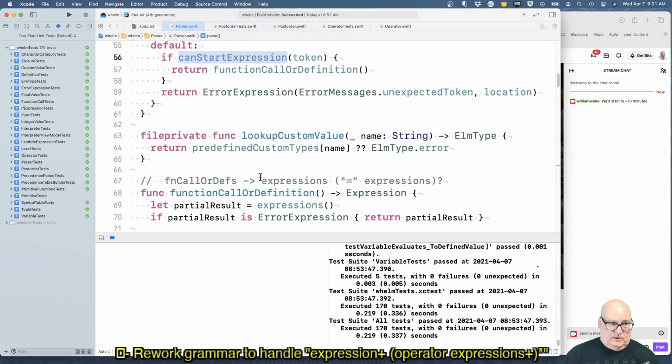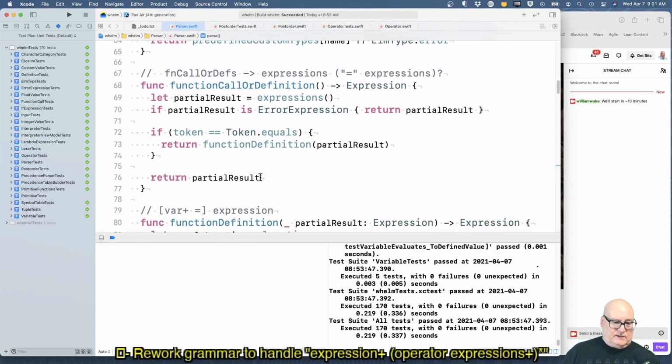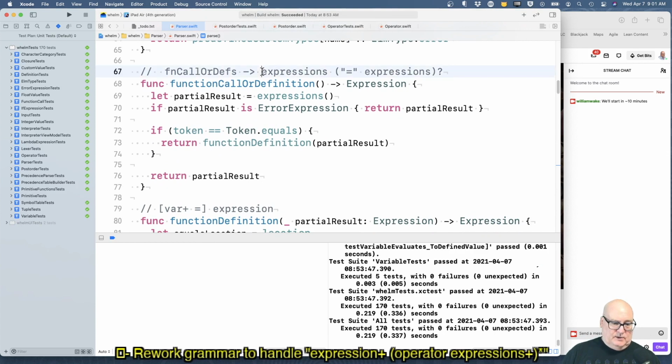In Elm, you just say function x y equals some formula. You don't say like let function x y or def or any of that kind of stuff. It's just you're there, and the consequence of that is you get a function call or definition. You have a bunch of expressions, then you have an equal sign, and then some more expressions. And you can't tell that it's a definition until you get all the way to the end of the first expressions and see an equal sign.